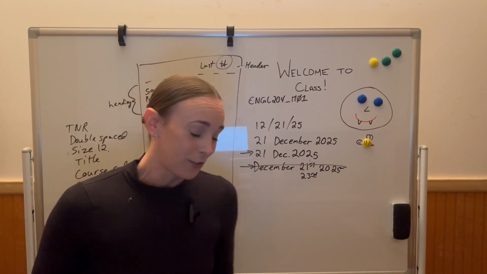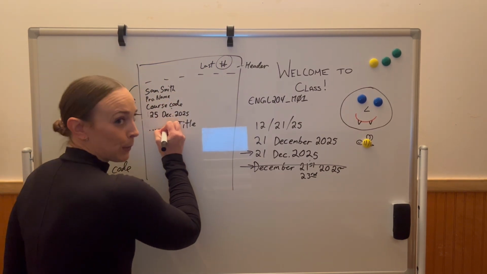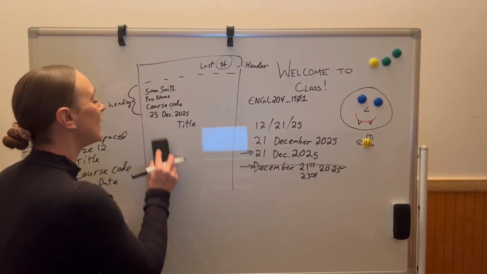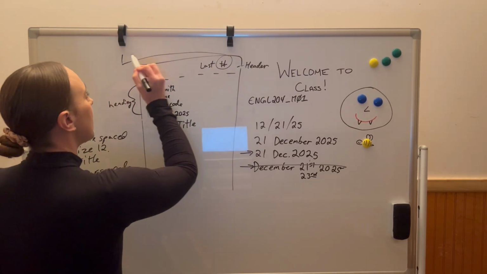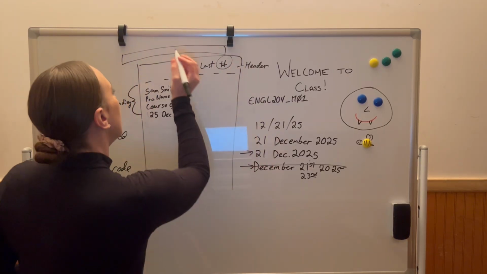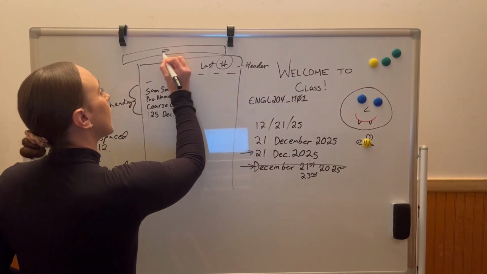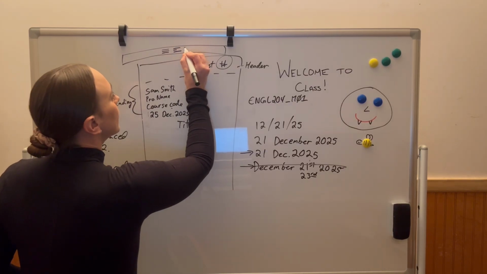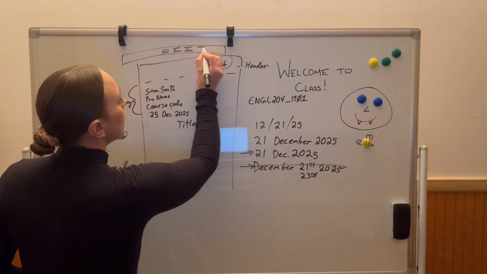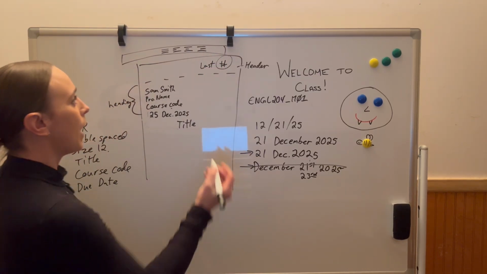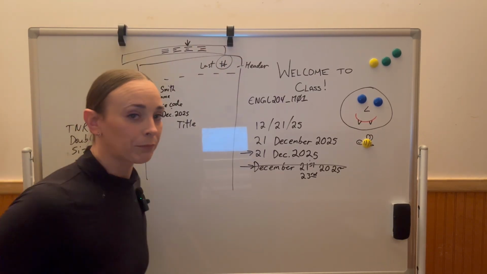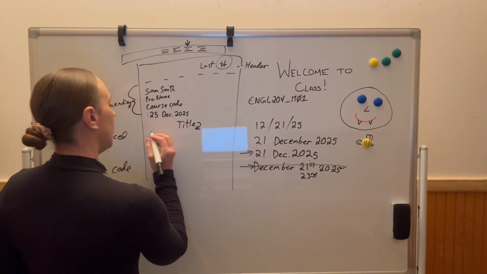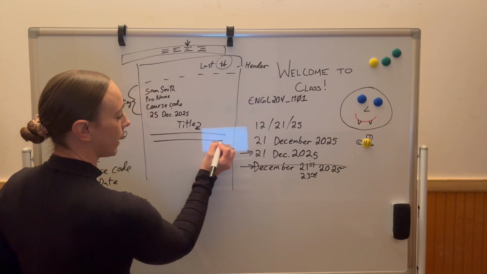Now, one thing I see a lot of students do is they just do space, space, space, space, space, space, space, space, space. You don't want to do that. It's so much easier if you just go up to the ribbon at the top with whatever platform you're using. There's usually lines where it's like this, which is justified. Then there's lines like this, lines like this, and lines like this. So to have it centered, it looks like that one. After that, you hit enter, and it brings you down to where you can start writing your essay.